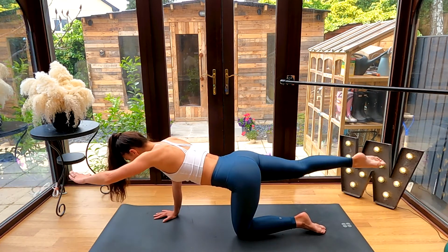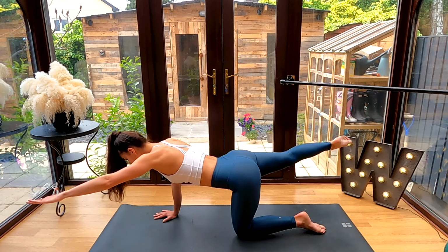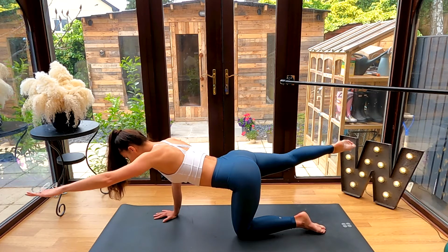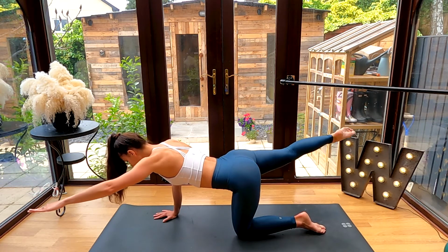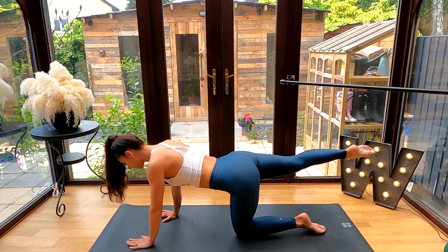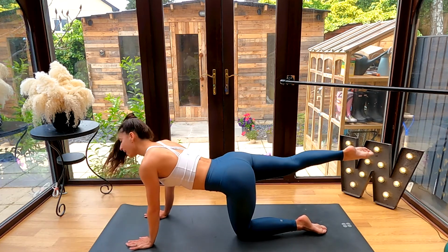Press the floor away. Hold it here on the diagonal, pulse it up and squeeze. Pulse up, press out of that right palm for 4, 3, 2, and 1. Bring it back through center. Left hand down, just walk those hands an inch forward on your mat so we can take it into